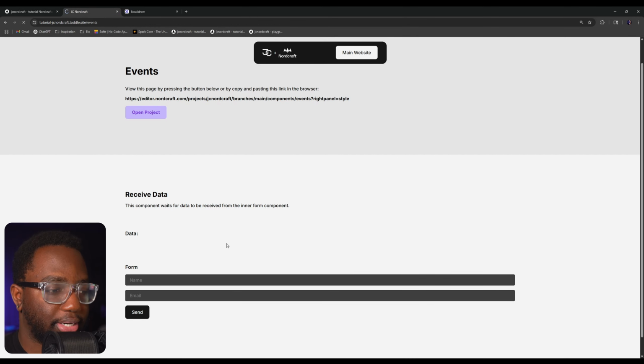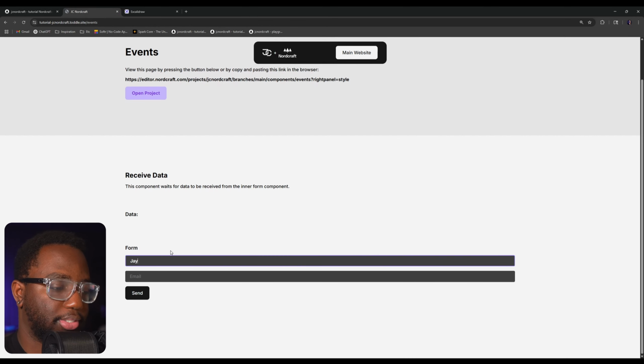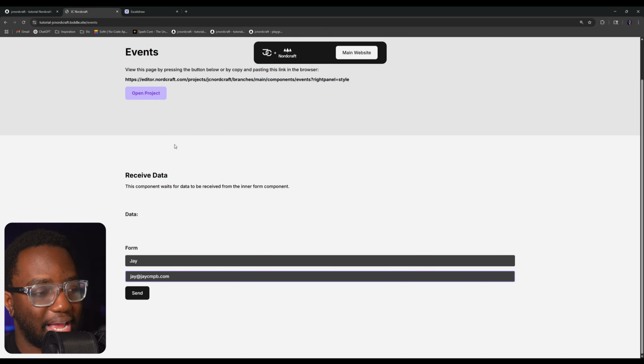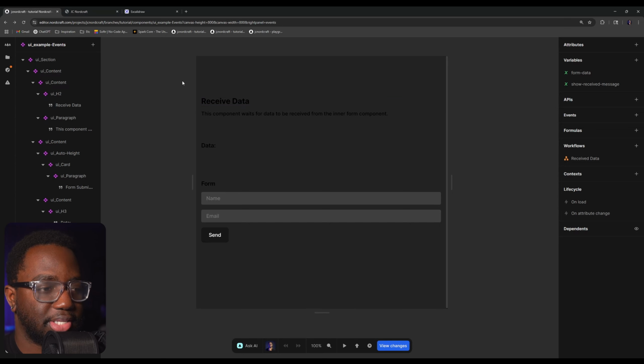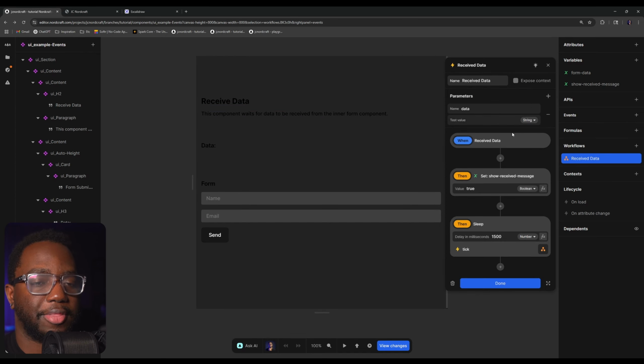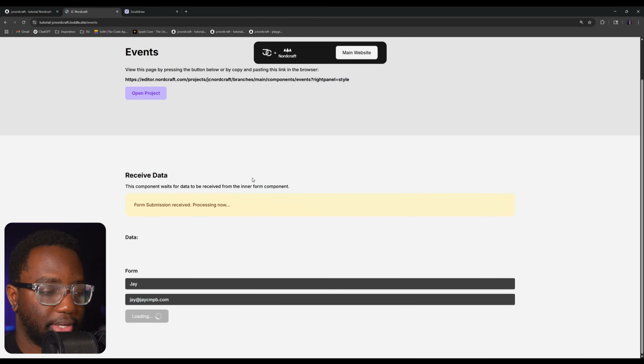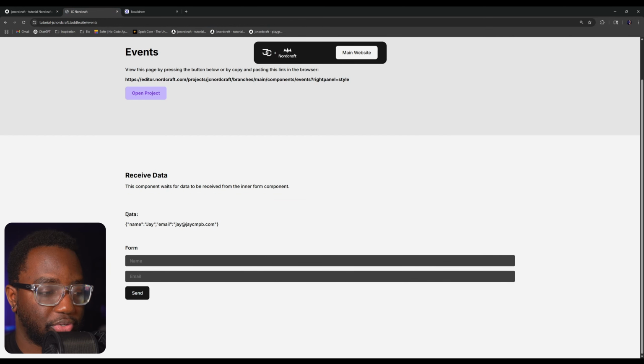So let's go ahead and see how that works. We can type in jcmpb.com. And what's going to happen is that it's going to send this event out of this component. We will receive it in this next component, and then that's going to trigger this workflow. So let's go ahead and see what that looks like. You see form submission received, and then whatever data that was in the form, we sent out of it, and we sent it to the component that was